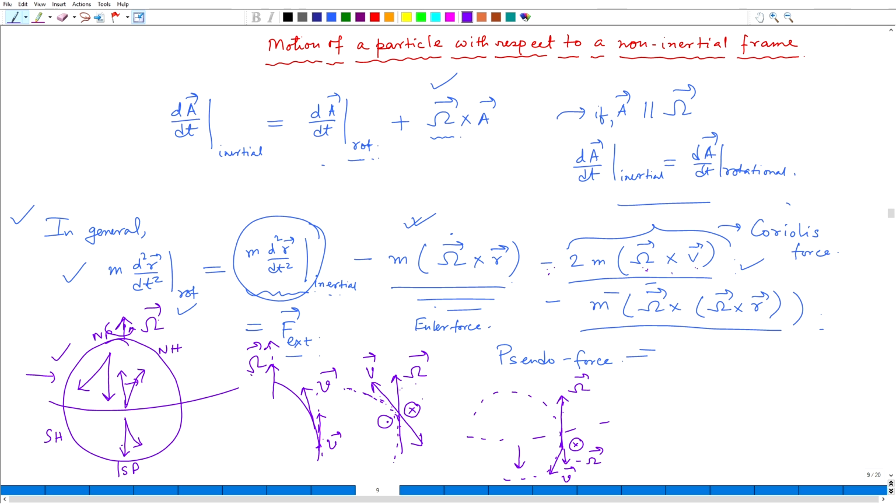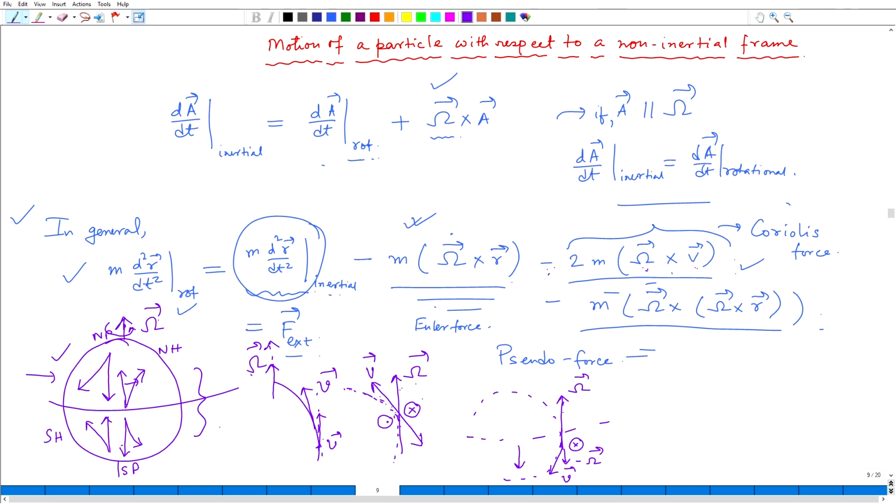Okay. And of course, now just by similarity you can think that if I have air which is moving from the southern pole to the equator, then it will also move just by symmetry in this direction. So, this can be